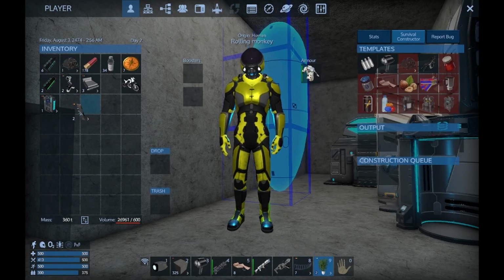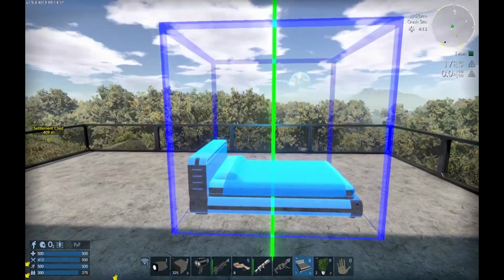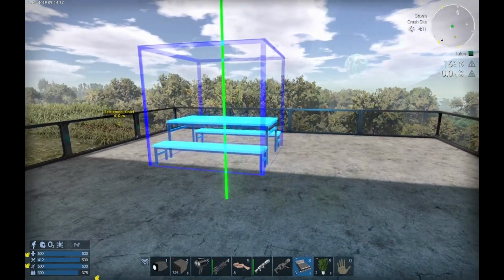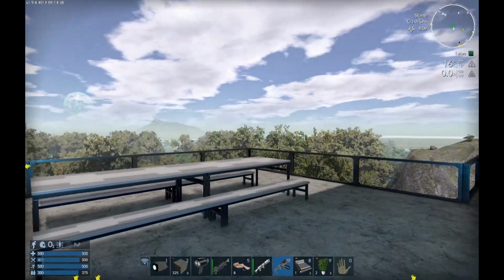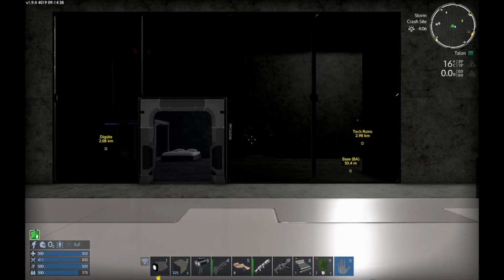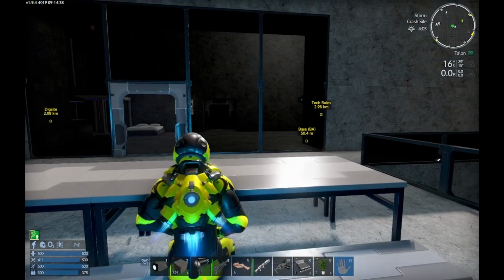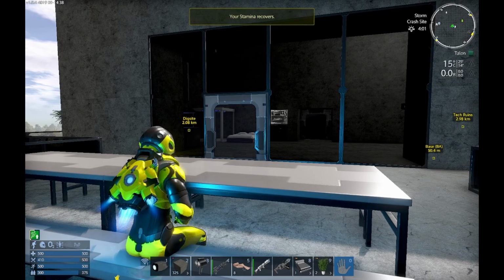Let's do plants. Although we could put, ooh, we could put a table outside right here. Let's see. Oh, there we go. These you can actually use to have a seat. So if we look at it, I'm actually sitting. So if you're playing with friends, then they can sit while waiting for you to get ready or something. Anyway,